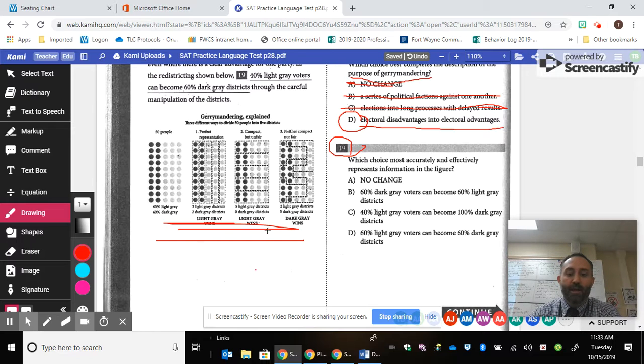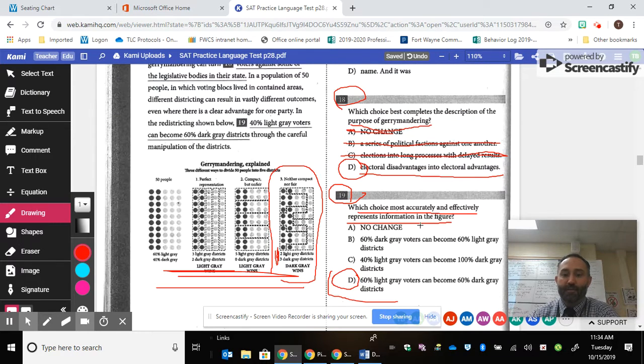But the only answer that's believable here is the third one, and that's D, that 60% light gray voters can become 60% dark gray voters in districts. And that's because this one accurately reflects the information in the article. But once again, being able to go, well, what conclusion does this reach? In addition to seeing the dots there, the statistics that are listed there show you that consequence D is the case in that. So those are two other content related questions and really had to do with A, did you